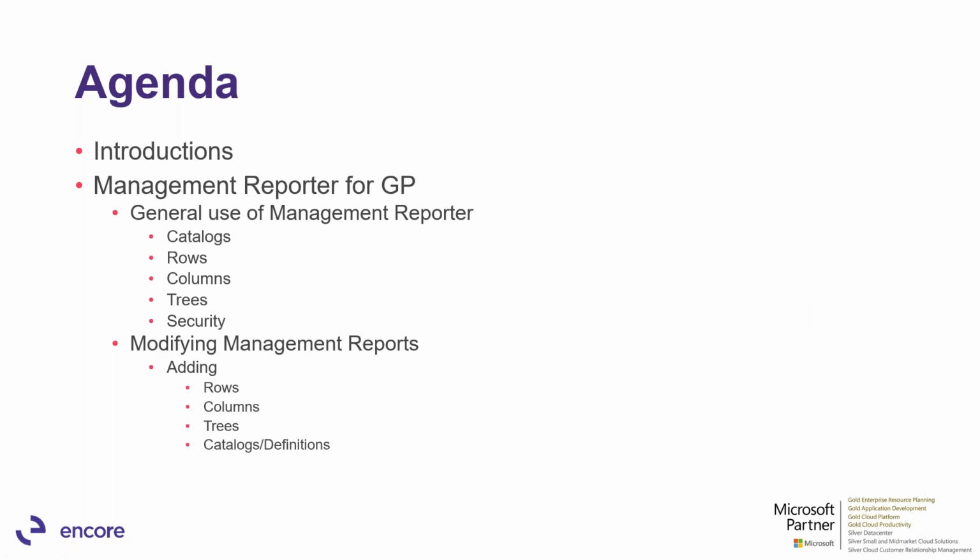On the security side, we can create different security inside Management Reporter. With the security, you can specify which person sees what. Management Reporter has very good security, better security than, say, JET or F9, or even some of the other ones, simply because of the way that it works. It uses Active Directory inside GP and allows you to specify who can see which of the different